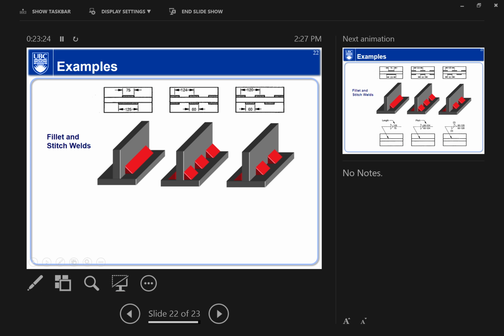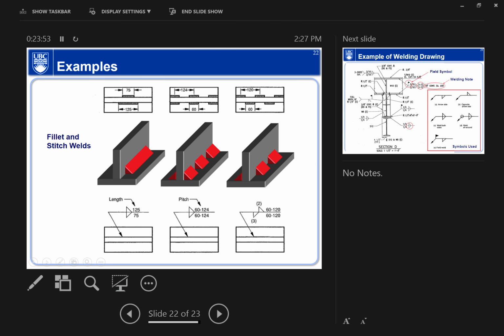So what would be the welding symbol then? How would you draw the welding symbol for each one of these? Using what we just learned, I have a horizontal line. How do I indicate the fillet weld for this one, this one, and this one, essentially? I'll show you what it is right here. So you see, this is how you would indicate